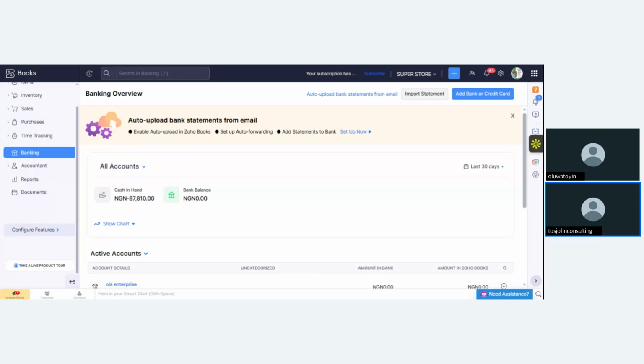Because, for example, for TOSJOHN Consulting, we are registered in Nigeria, but we can partner with other people, other businesses outside Nigeria. For example, Zoro Boost is not a Nigerian company, right? They have significant economic presence in Nigeria, but they are not formally registered in Nigeria. They are registered, I think, maybe in India or UK, US, and all of that. So we partner with them. Do you understand now? So for us to be able to partner successfully with them, we of course must also be registered. We must be a registered company.